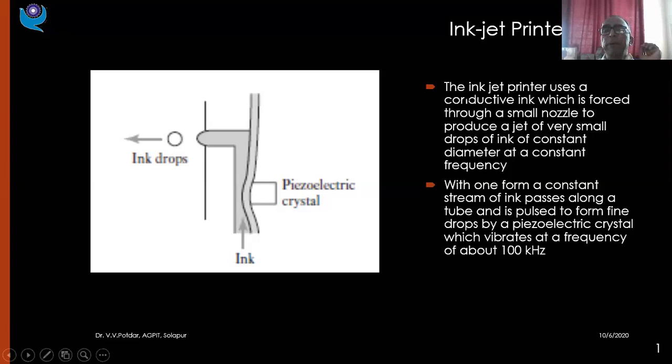Now the inkjet printer uses a conductive ink which is forced through a small nozzle to produce a very small drop of ink of constant diameter at a constant frequency. In one form, a constant stream of ink passes along a tube and is pulsed to form fine drops by a piezoelectric crystal which vibrates at a frequency of about 100 kilohertz. And accordingly, these ink drops